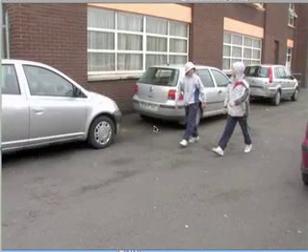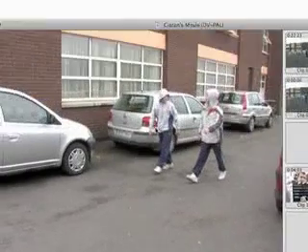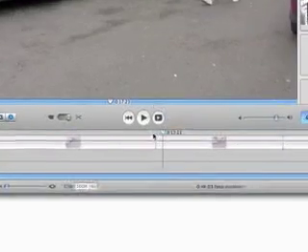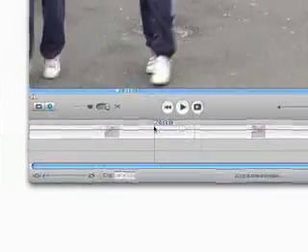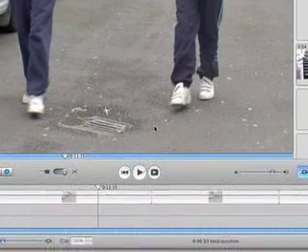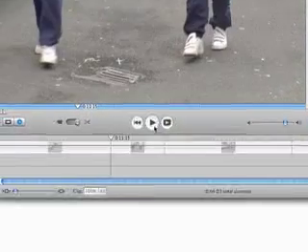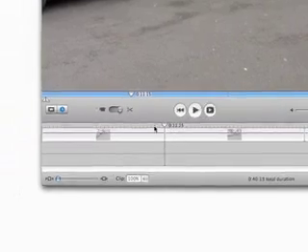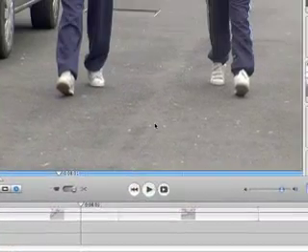Okay, that was not very good. Why? Well, because these guys ended up walking up here in the first shot, and really I wanted to have them there on the first shot so it would match the second shot. So if I go back to the first shot, there it is there by the marker. I'll use my Apple T to split the clip, take out this part, which is the part I don't want, and press backspace. And now if I watch the 2 clips together by pressing the space bar,